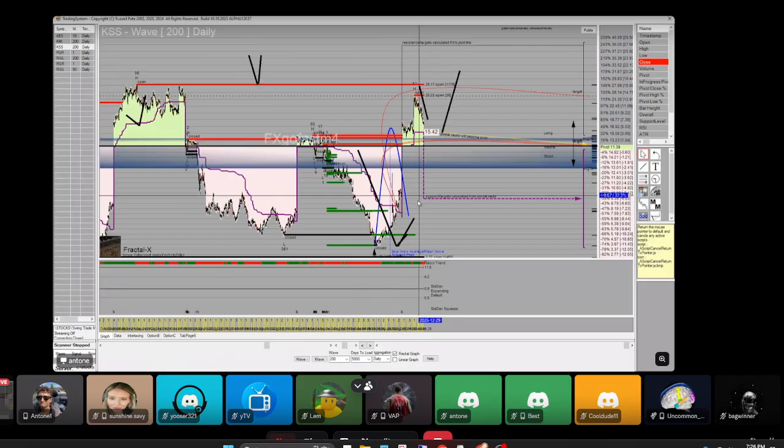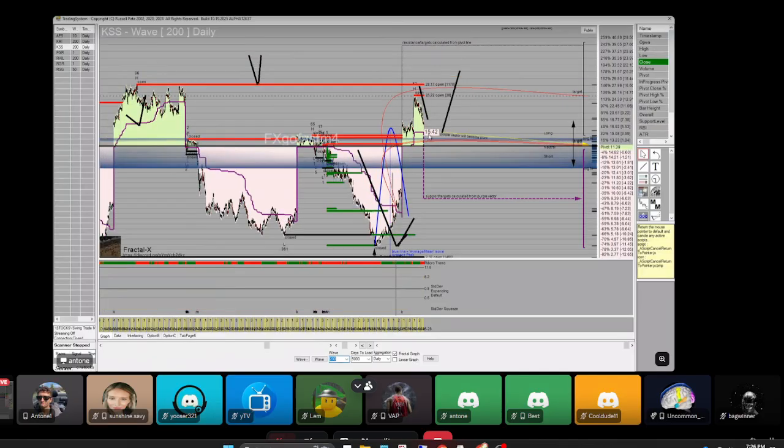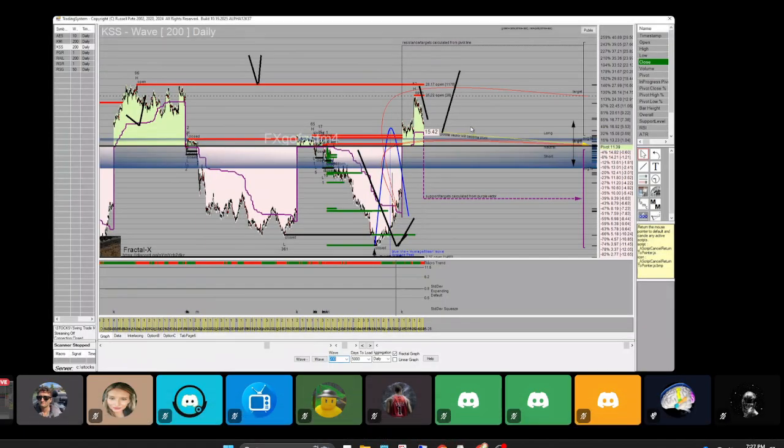But yeah, that's the ultimate question, like you said, Lem. It's kind of hard to find where this ultimate support's going to be because look at the difference of these purple vectors. 15.42 is the wave 200, but the wave 150 is at 16.41. So if we go long right at 16.41, it hits. Will price keep going down lower until it hits the 200, 15.42? That's the ultimate question. But over time, that vector revises higher, like we saw right here, starts staircasing higher.